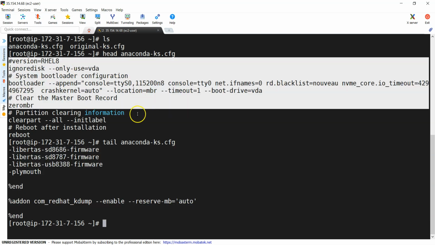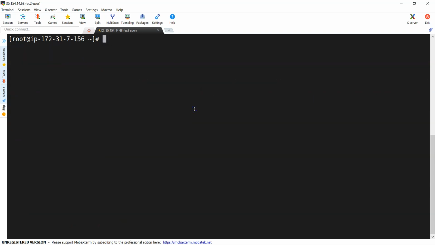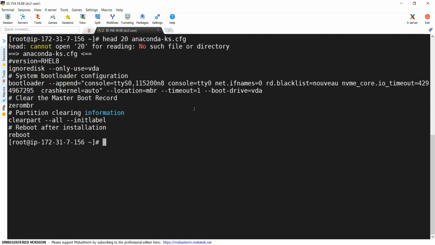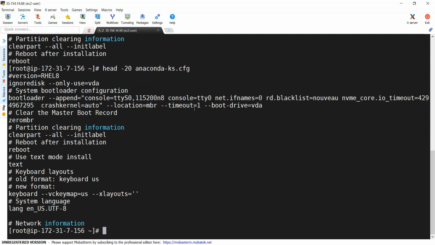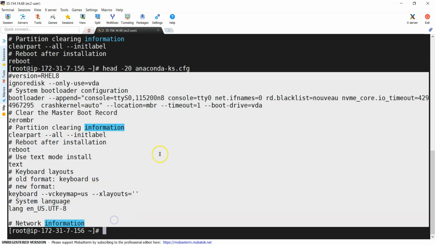Assume that you need the first 20 lines. In that case, let me clear the screen. I can give head minus 20 and my file name. So head minus 20 file name, if I give, it is going to display 20 lines of your file.